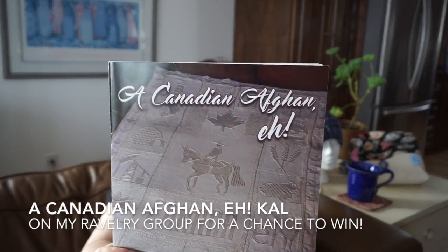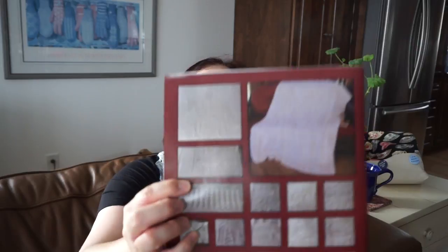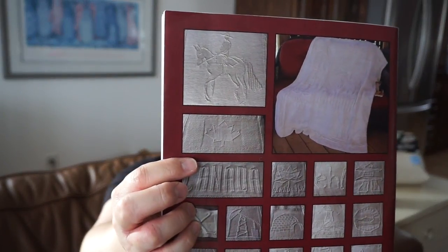They're hosting a Canadian Afghan A knit-along. And I'm hoping that somebody's going to join me in the Ravelry group, because nobody has yet. I'm knitting, I'll show you in the back here, the Canada flag. So it's going to be more of a, what are those pillows? A long rectangular pillow? Is that called a bolster pillow, I think? So I'm going to be knitting one of those, and I've barely started, but I wanted to show you how